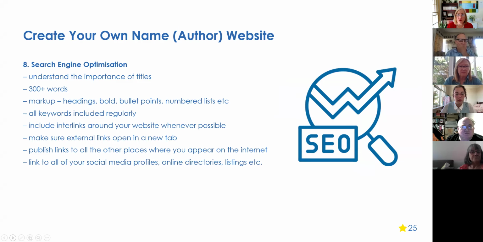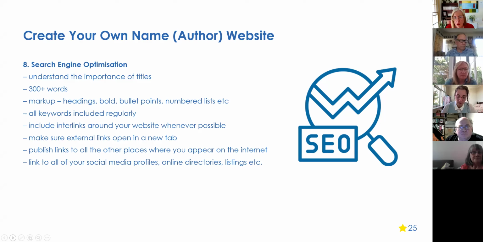Now, to search engine optimize your content, you really need to understand the importance of titles. Journalists write really sexy titles of articles, like "fast as rabbits is the speed of cars," or whatever it is. But nobody's going to be looking for rabbits and cars in a title. So you really need to think about what people will put into a search query and make that the title of your page or post. So it's really important to be across that.